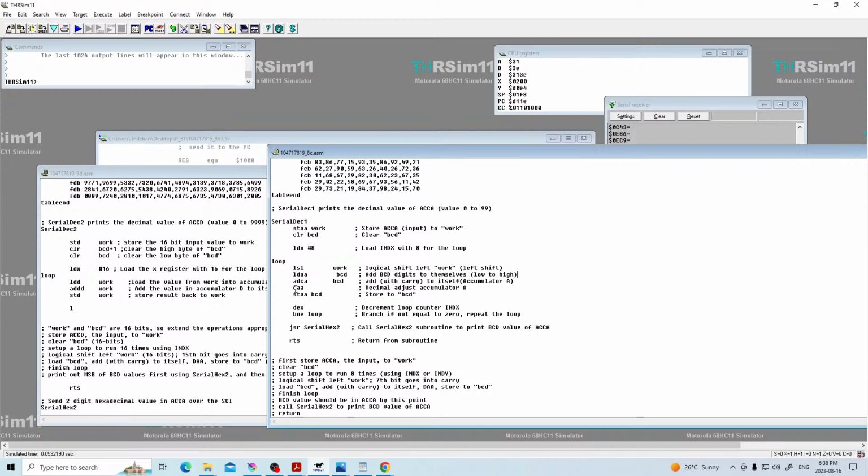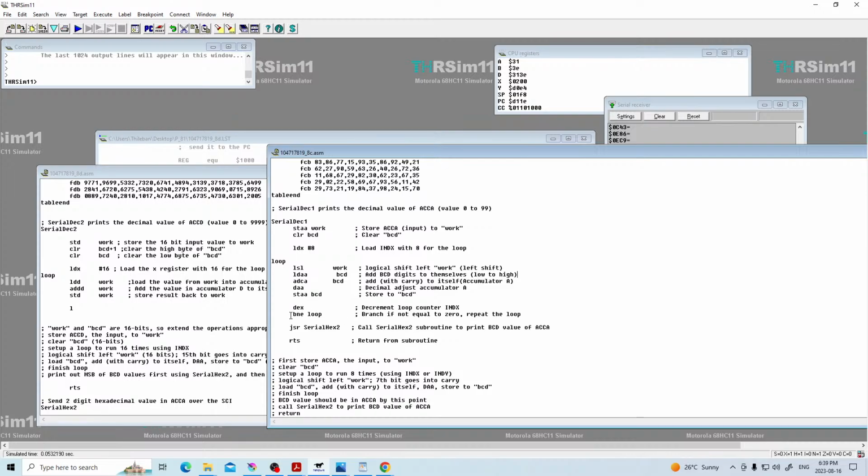But in BCD the maximum range is 0 to 9. I mean each letter is 1 byte, 4 bits, like hexadecimal, but when you're adding, it should be only within the 0 to 9 range. So to do the adjustment, the DAA adds 6 for anything that's above 9, and makes it between the 0 to 9 range. Okay, and then store it in the BCD, and then DEX is to complete the loop,